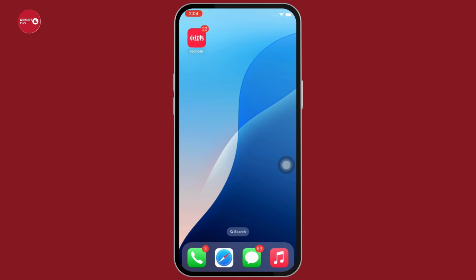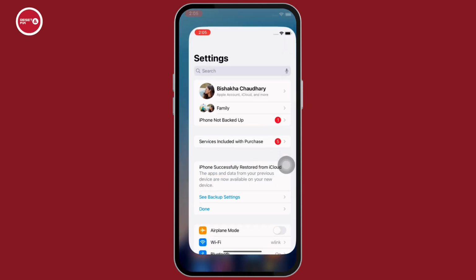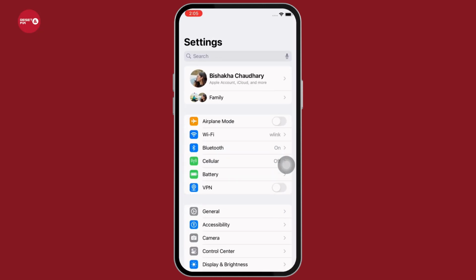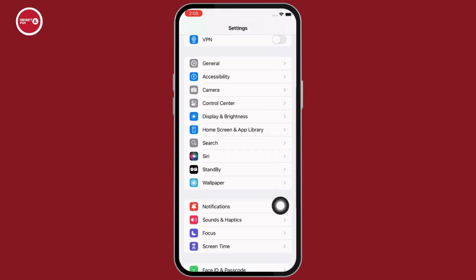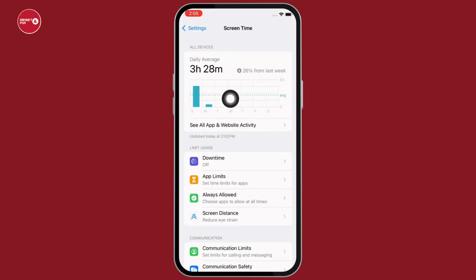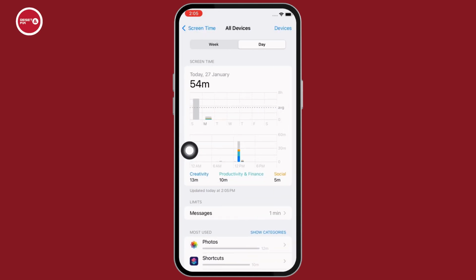Now let's get right into the tutorial. Firstly, go ahead and launch the Settings application on your device, scroll down and navigate to the Screen Time option. Now, in the interface that you will be led to, you will be able to view an estimated overview of your screen time. Tap on the See All App & Website Activity option to see a detailed overview of